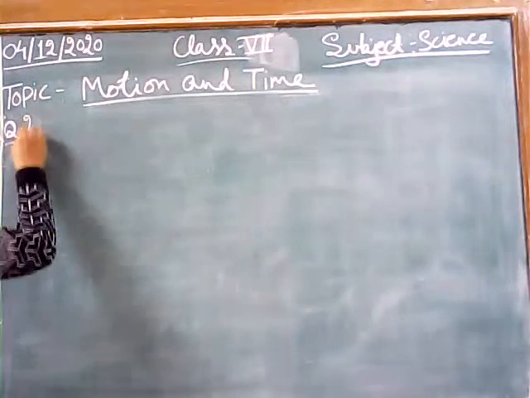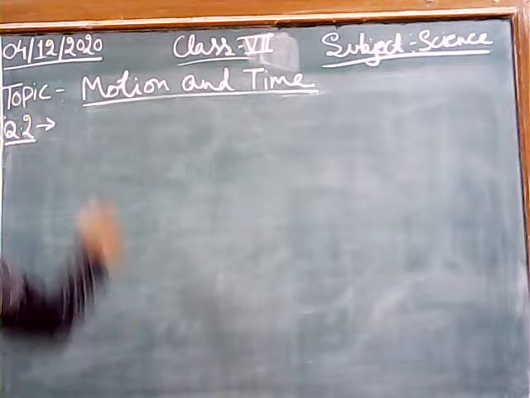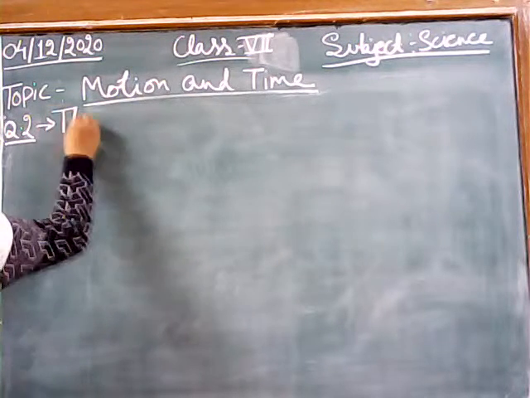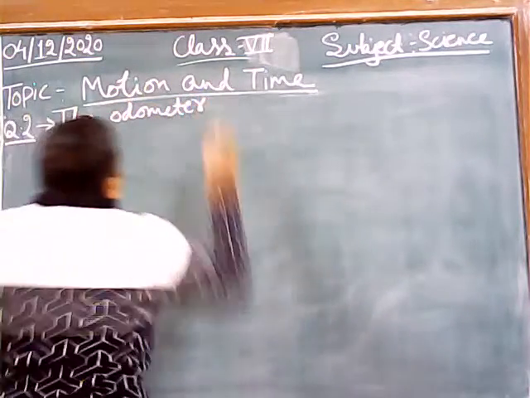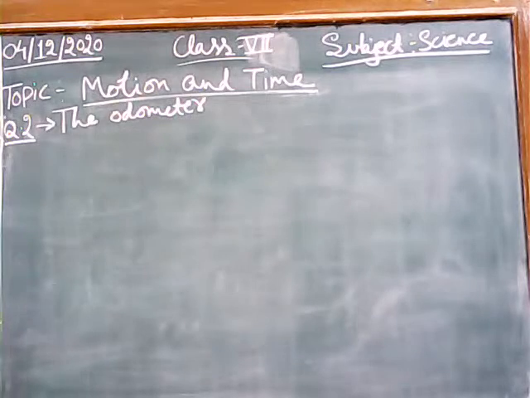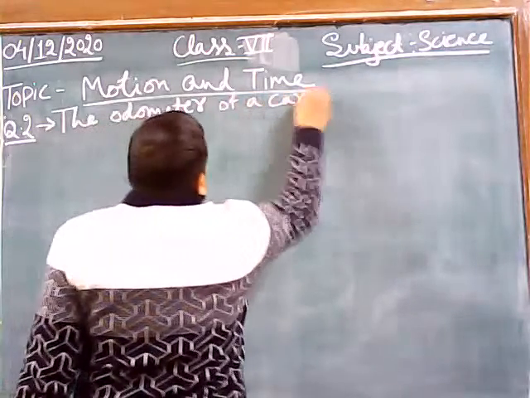Question number 2. Question number 5 of the NCERT textbook. The odometer. You all know what is the odometer? Odometer shows the distance covered in a car. Odometer of a car reads